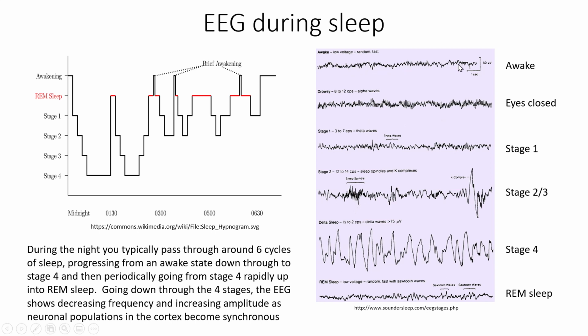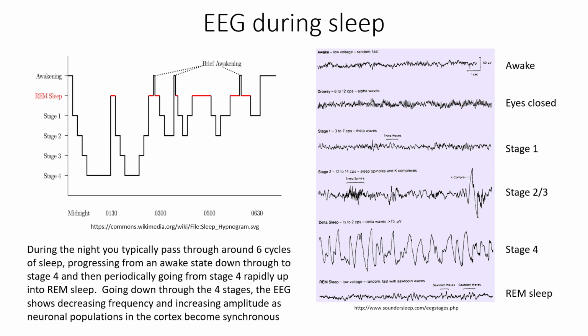And this is a typical EEG pattern that we would see in a subject that is awake. It is characterised by fairly low amplitude activity, and the frequency is quite random. Now this random pattern is very typical of activity in the brain when the brain is doing something. The brain is working away at information, processing information. And it's random because, of course, sensory information is coming in randomly. There is no necessary order to it, and so that imparts a randomness to the EEG whilst you are awake.